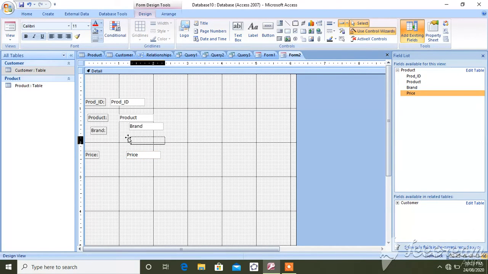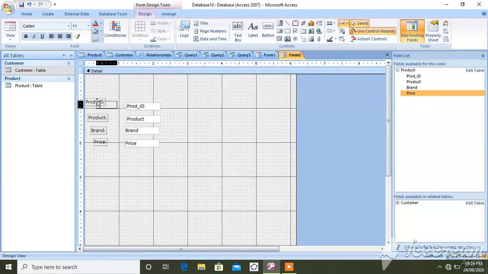Form means, in short, it's like a bill. At last we want a summary, how much product and who purchased. That summary is nothing but the bill. So we can design this form.